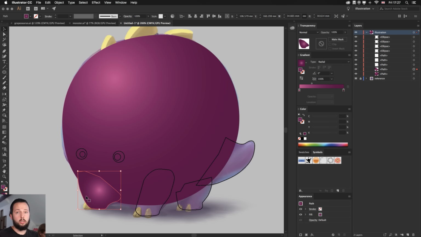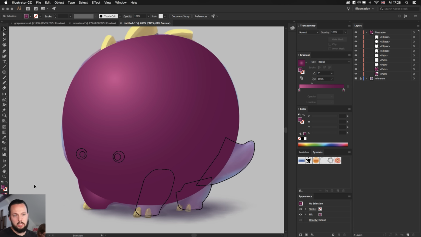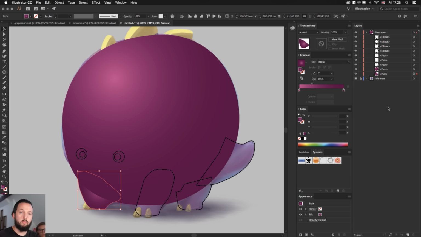So you use the arrange option either from the layers panel and dragging that object down, and you see immediately it looks better that it went behind, or while that object is selected, you can use Control or Command square brackets to move things up and down. That's what I would normally use.